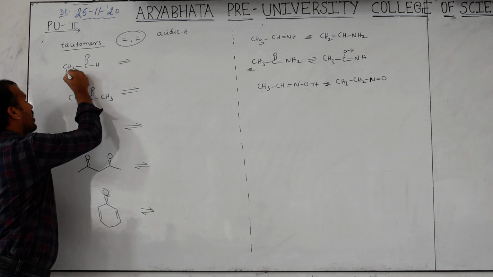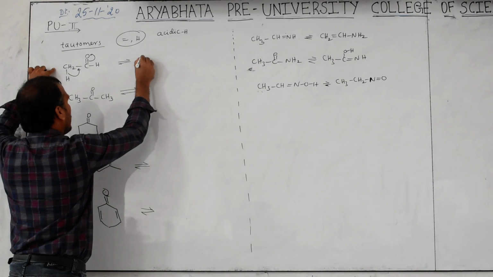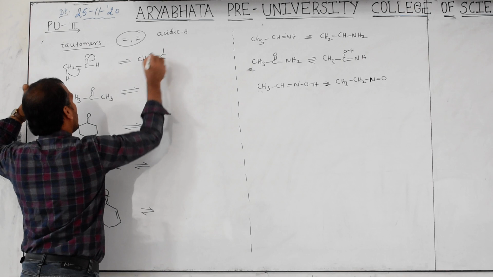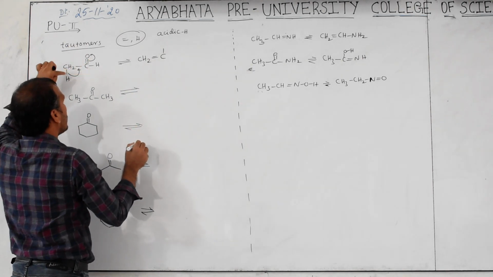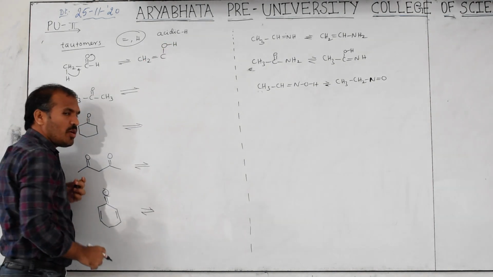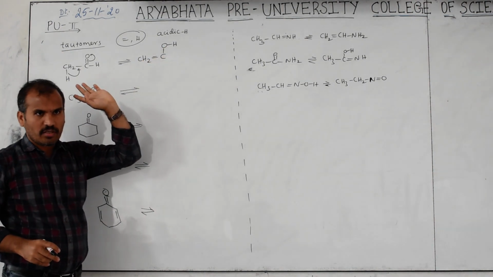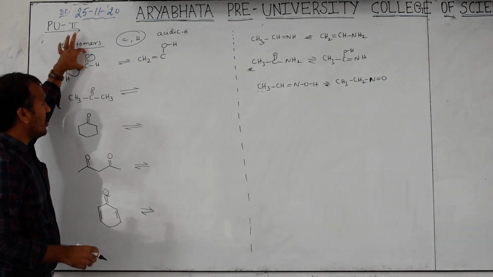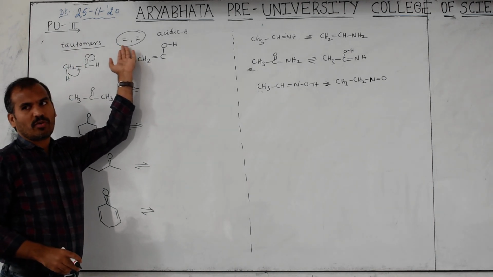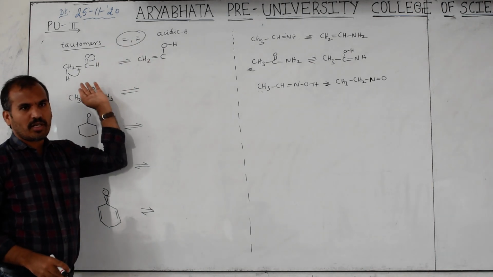One hydrogen I am taking here. This will come to here, this will come to here. Then here this is CH2. This bond comes to here as a double bond and single bond. Now this bond moves to here, O minus. This is minus and this is plus. Then the bond is totally formed. Now the hydrogen position was at carbon, and now it is at oxygen. The double bond was between carbon and oxygen, and now it is between carbon and carbon. That is, the position of the double bond and the hydrogen position have changed. So that is called a tautomer. That phenomenon is known as tautomerism.